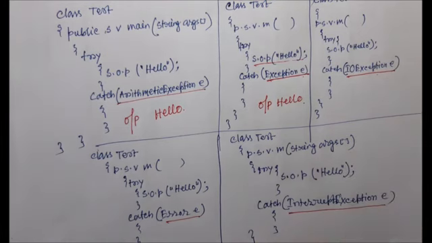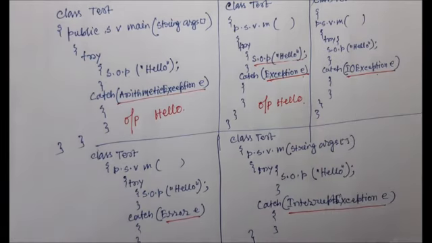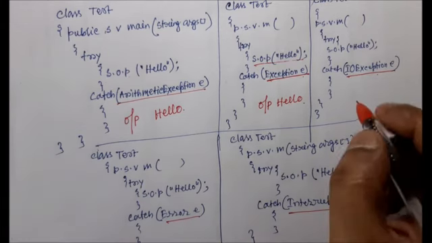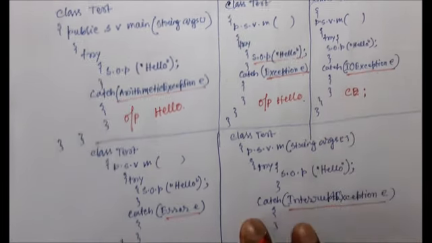When we declare IOException in the catch block, it means that IOException is a checked exception and that must be caught. But in this code, I have not handled it anywhere. So I will get a compilation error, right. I will get a compilation error.